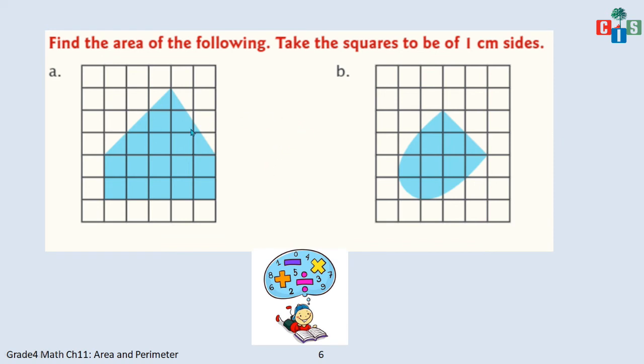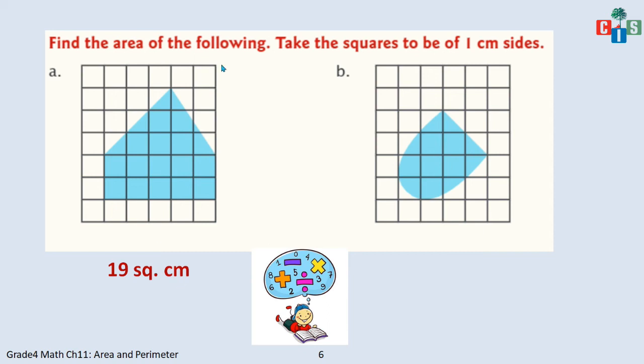Okay. Now this square represents 1 centimeter. Fine. Now let's begin with the first one. How many are colored? Let's count that. 1, 2, 3, 4, 5. So 5 plus 5, 10. Okay, so 10 are fully covered. Now this is half. Okay, so 11, 12, 13, 14. This is also more than half. 15. This is more than half. 16, 17, 18. 19. Okay, and this I am not going to count because it's less than half, and this also I am not going to count because it's less than half. So in all you have 19 square centimeter.